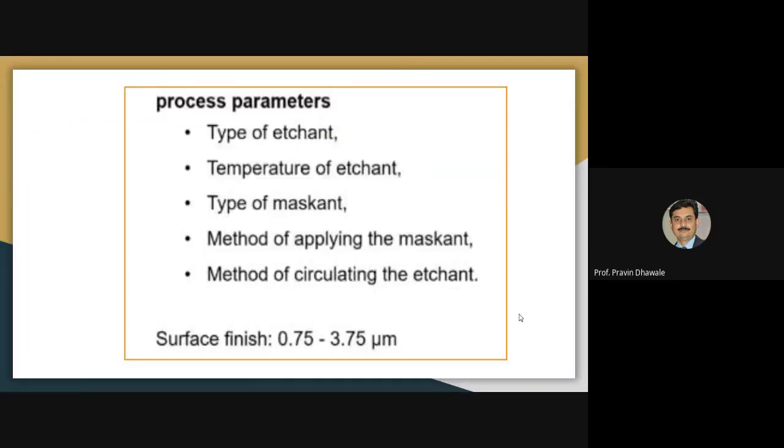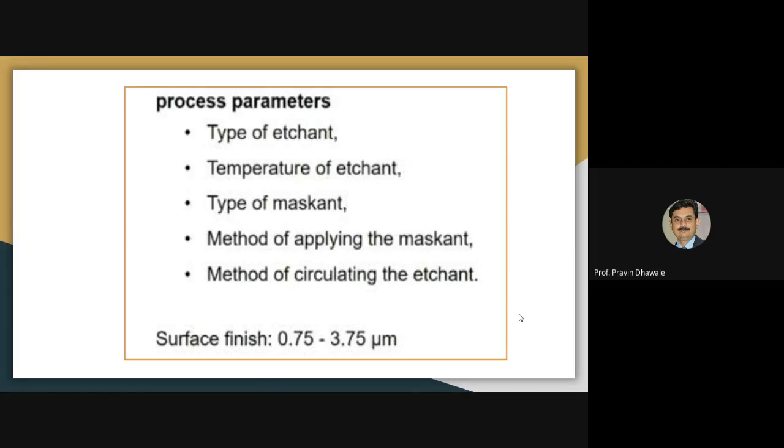Now there are certain process parameters that affect the material removal rate in electrochemical machining. The first parameter is the type of etchant you are using.